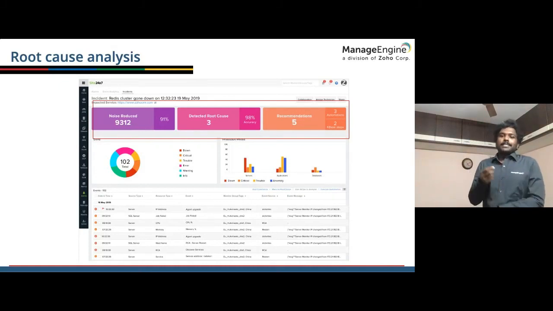This is again about the future. So how well should you do? What all should you tweak to get back to normal? Or the fact that what is normal at that particular point of time itself is decided by the seasonality and the trend factor of your AI model. And in the center you have the detected root cause, and you're able to give it with a 98% confidence. The noise reduced says that it has a 91% reduction rate, and so on.